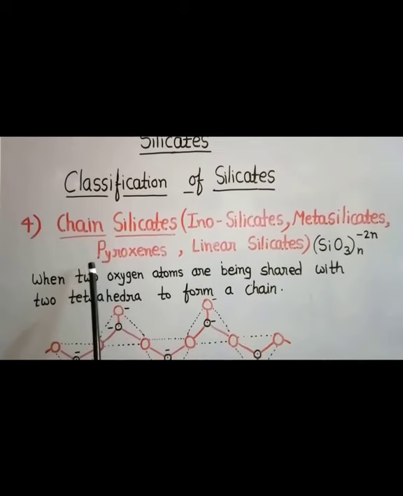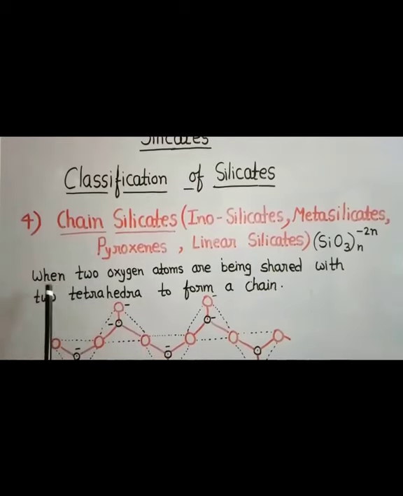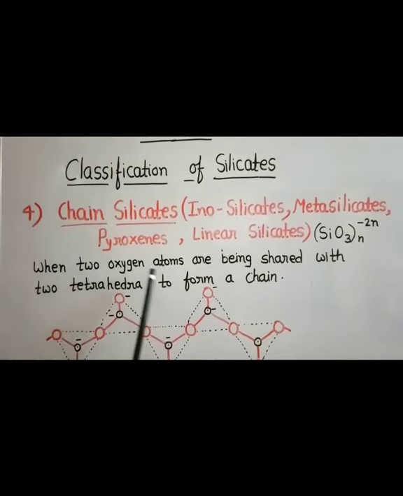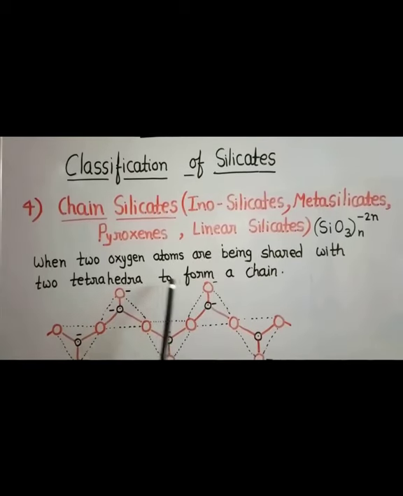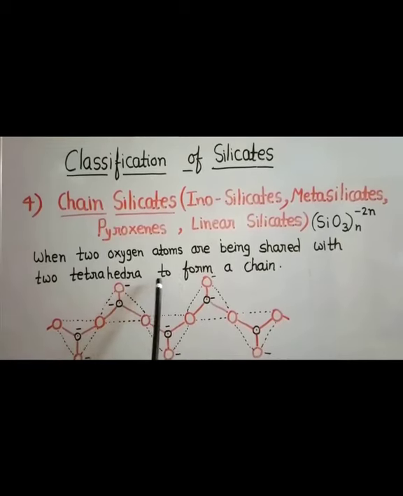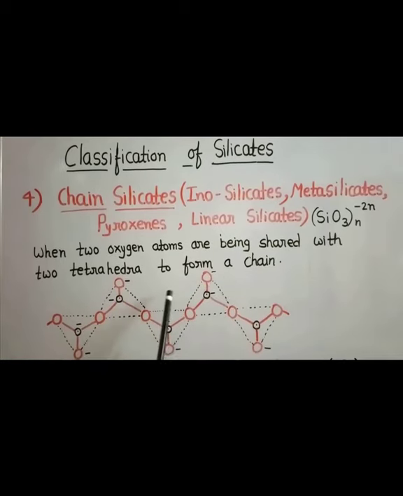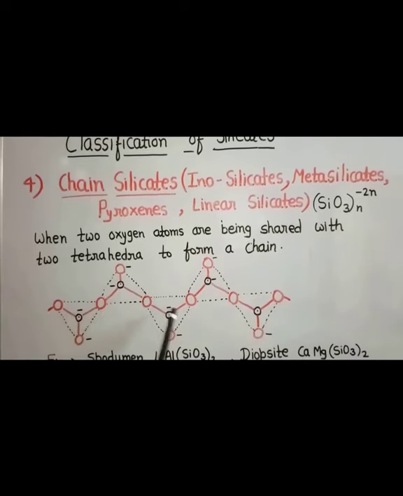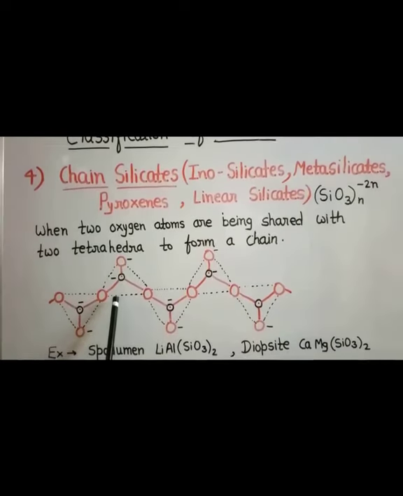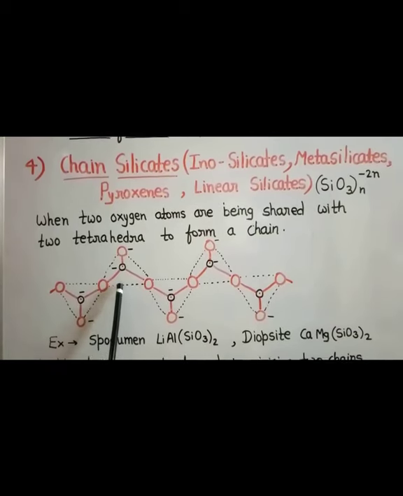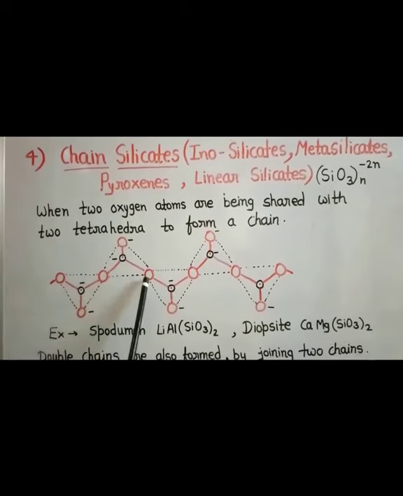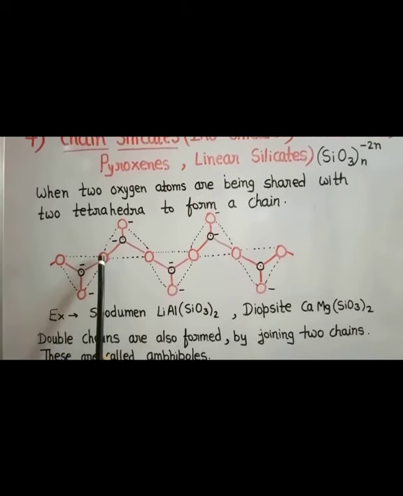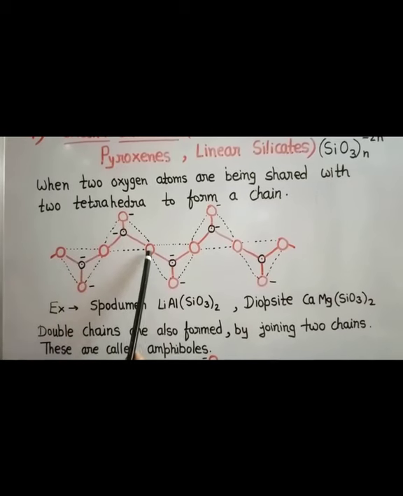Silicates which contain n number of silicate units linked by sharing 2 or more oxygen atoms are called inosilicates. It's an important question. What are inosilicates? They contain n number of silicate units, the same SiO4 unit, taking n number of units, each linked by sharing 2 or more oxygen to form a long chain compound. We call it chain silicates. These inosilicates are further divided into chain silicates and double chain silicates. So first, generally we call them inosilicates.